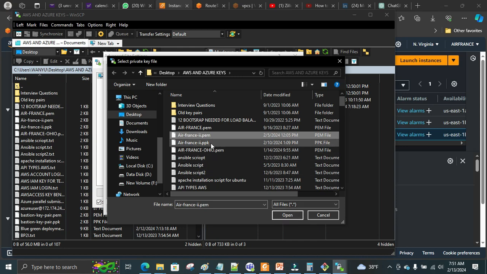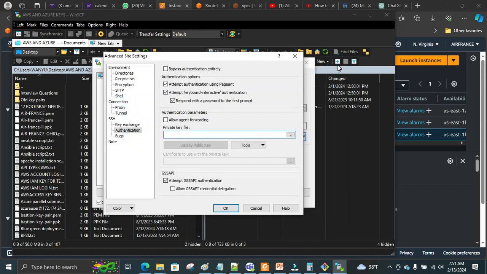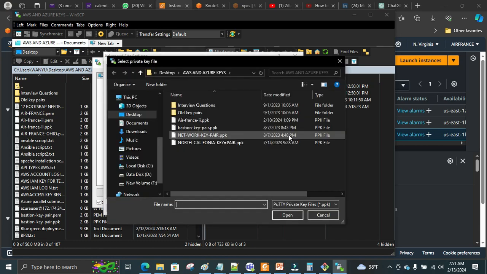No, you are not yet transferring, please. Excuse me, this is what you're going to do. Before you open, we are not yet transferring, we are still trying to open the linkage. Now you do not open this thing with your PPK. If you try to open with the PEM, let's try to open with PEM and see